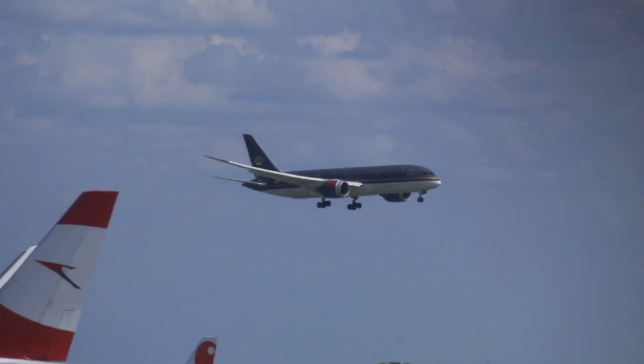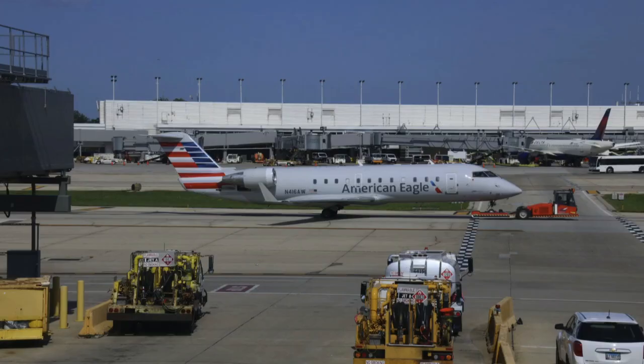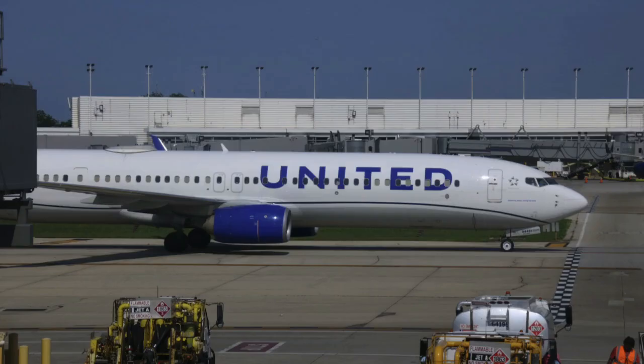Royal Jordanian Boeing 787-8, another super cool aircraft that they have on the Dash 8 variants for the 787s. There's only a handful, but a lot. Royal Jordanian immediately come to mind at O'Hare for ones you can see. Got the American Spirit A320, and we got the United